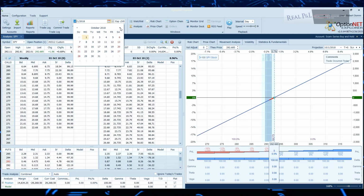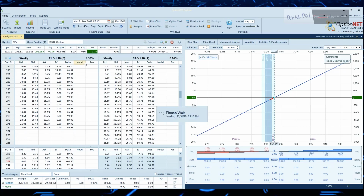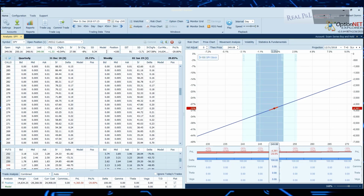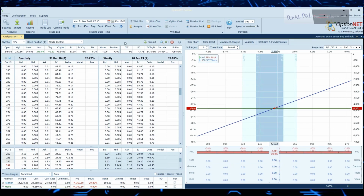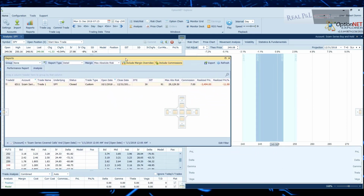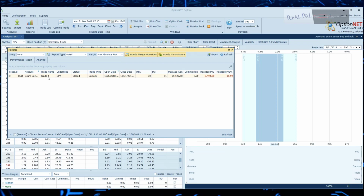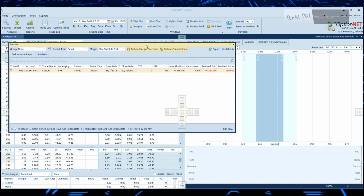December 31st, minus 100. Commit there. Let's run a couple of reports. Okay, here are the results for the covered call. It only shows one trade because I held the stock all the way through and just sold some calls against it. Down $3,494. Let's take a look at this from the buy and hold. Okay, buy and hold was down